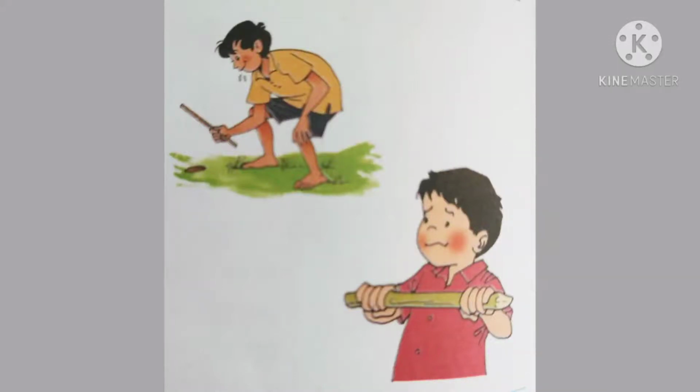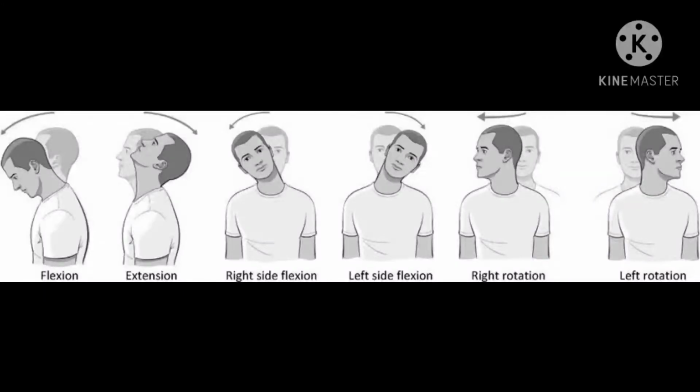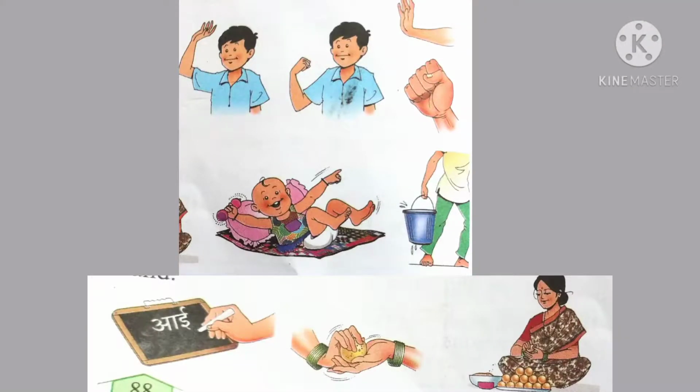First comes the neck. The neck bends forward as well as backward. It turns left or right. It also bends left or right. Arms. We can bend our arm at the shoulder, elbow and wrist. The fingers of our hands can bend too. That is why we can make a fist. We can do so many things with our hands. We use our hands to write and to pick up things. Mother shapes a laddu with her hands. Baby holds a rattle in her hand.